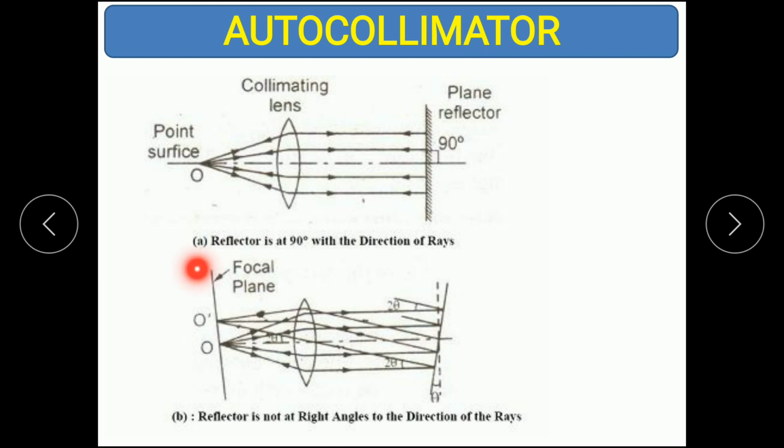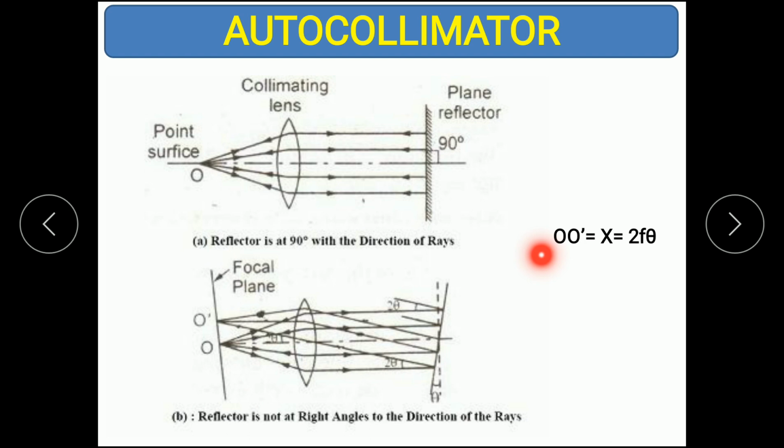And this distance O and O dash, you can measure using a scale. And once you measure it, by using this equation we can find the angle of tilt, that is theta. So how much angle of tilt there is of this reflecting surface with respect to the direction of light rays, we can find it. O dash is a distance, so we can measure it with a scale,